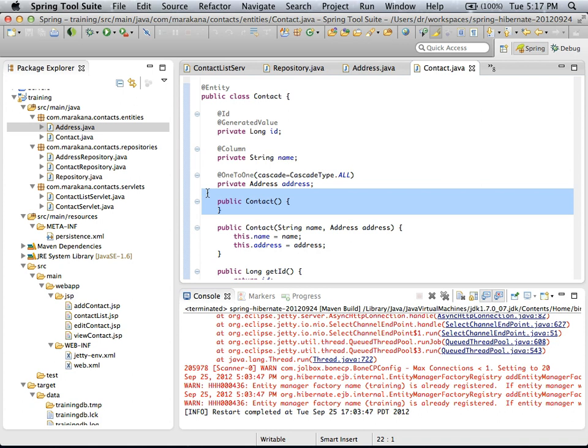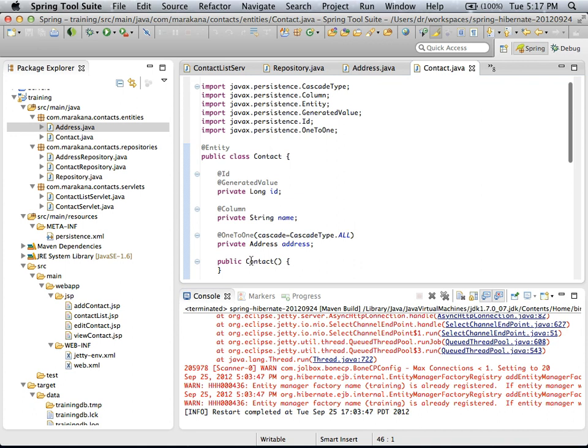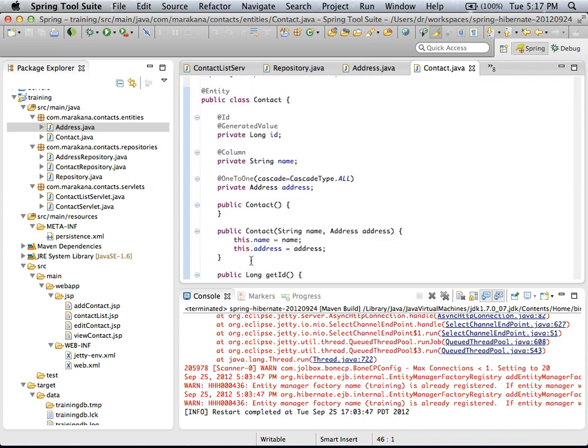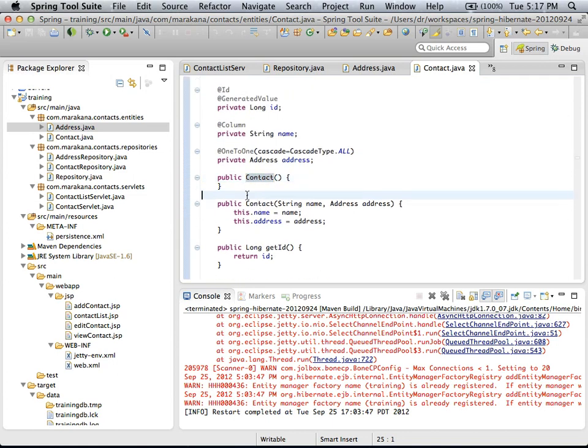Hibernate uses these default constructors, right? It uses a default constructor to materialize an object, and it also uses the setters, right? It wouldn't work to just have the fields, right? I mean, some frameworks can actually do it. Some frameworks will totally circumvent the access restrictions. So some tools are kind of crazy like that, but Hibernate doesn't do that. Hibernate requires you to have a no-arg constructor and setters for all your stuff, because that's how it materializes objects